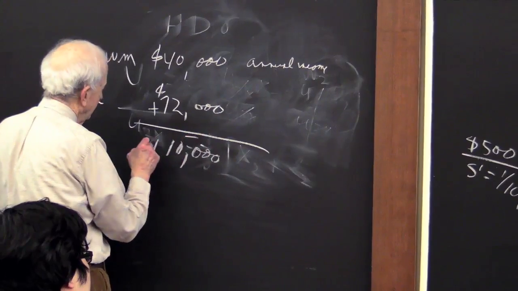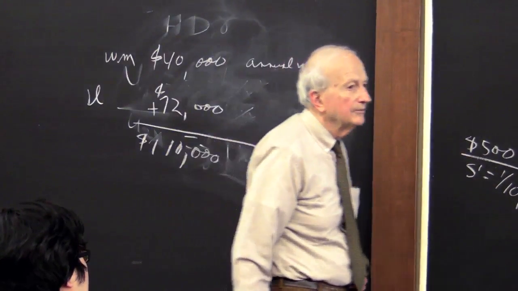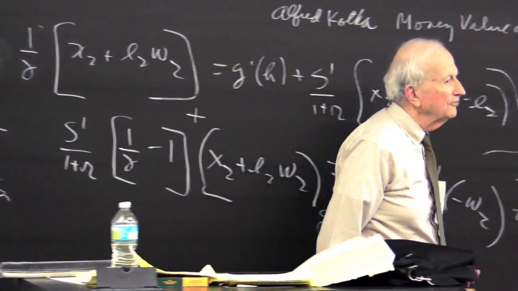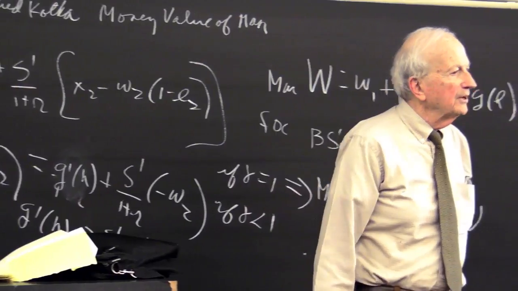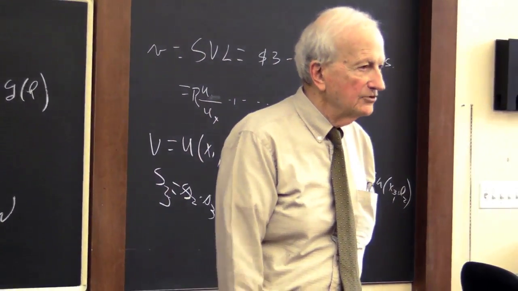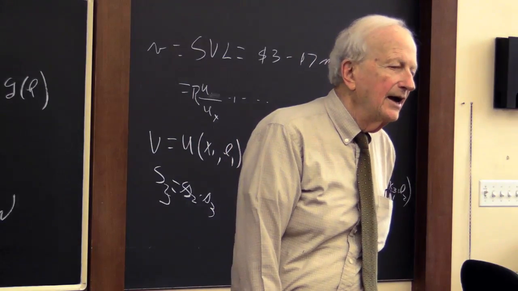It's 112,000, let's say 110,000. That's my annual value. That's a lot of money. Now, you think of 40,000, how am I ever going to get to 5 million? But I don't have 40,000. I have 110,000. Now discount 110,000 at